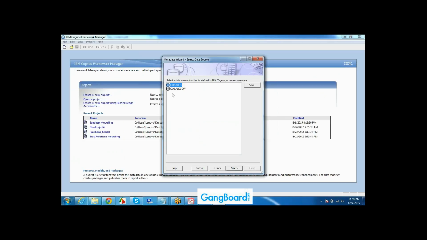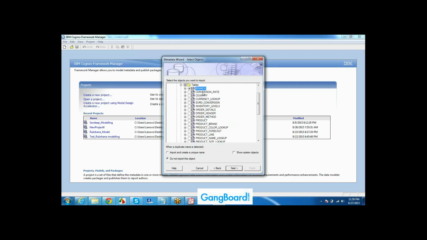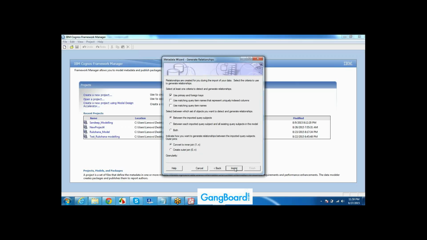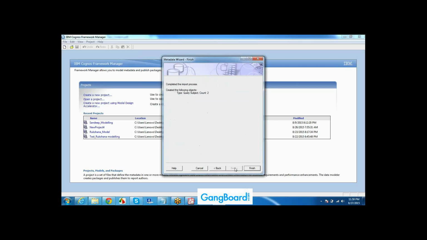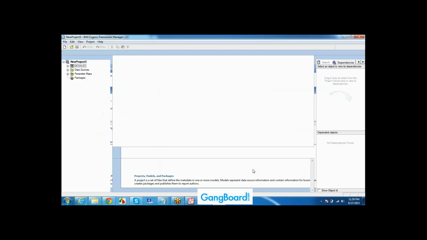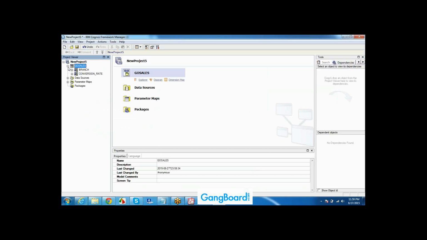This is the data source. It will contain the details. Next, here I will have schemas. Schema is nothing but tables stored in the data warehouse. I will select what all tables I require: employee table, manager table. That only I am going to import, by clicking on the import option. Here I will do my modeling. This is the Framework Manager window. Based on this employee table and manager table, I am going to create a model.